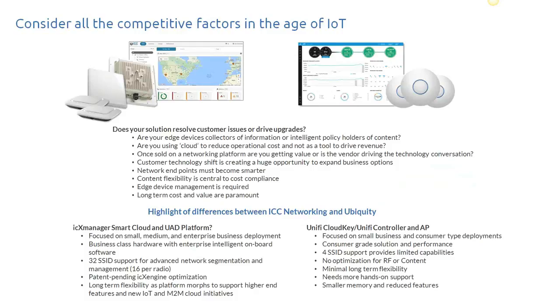As we highlight just some of the differences in these two environments, one or two items I'd like to point out really quickly: with Ubiquity, and typically in some of these entry-level cloud controller environments, it only supports 4 SSIDs. And that's interesting, because if you're using SSIDs as a way to give secure access to different parts of the network or specific parts of the network, then you're limited to only 4. Whereas on the ICC side of things, you have 16 SSIDs per radio for a total of 32 SSIDs